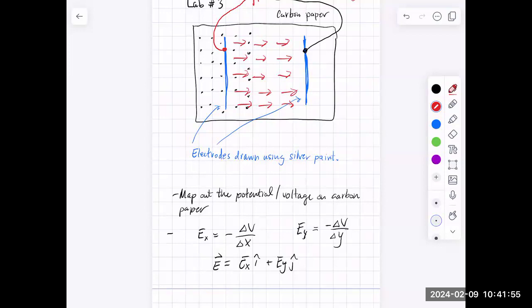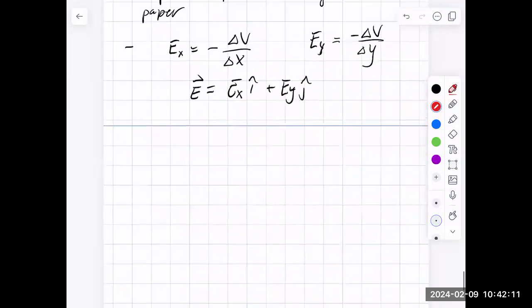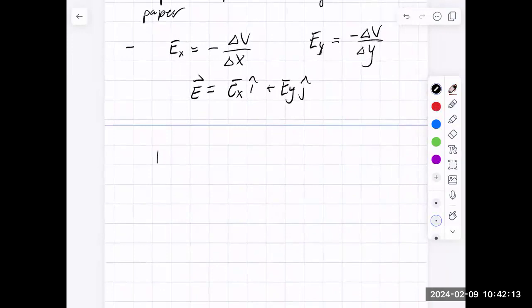So let's talk about one more thing. We have about 10 minutes left. We've talked in general about the relationship between potential and electric field. Let's see if we can think about point charges. So let's return to a point charge,